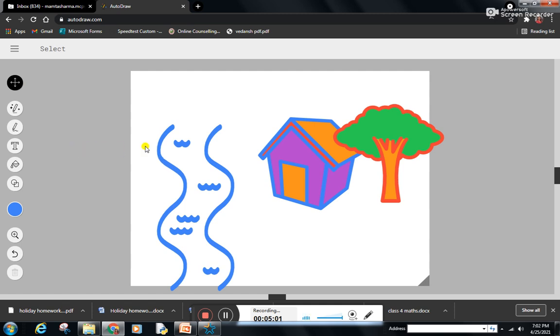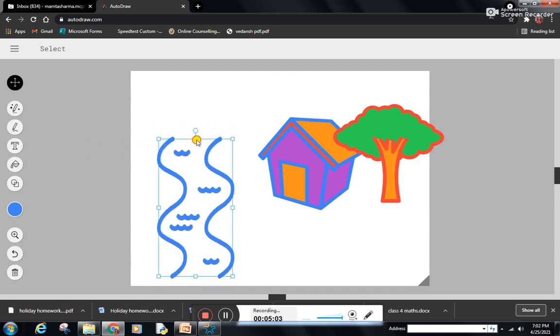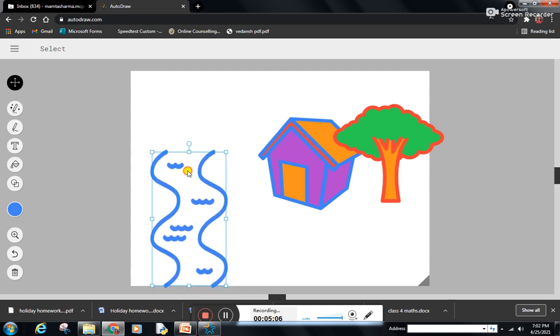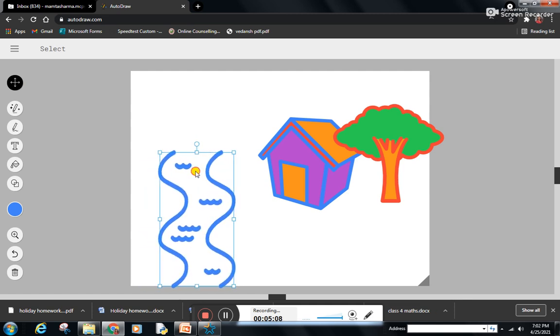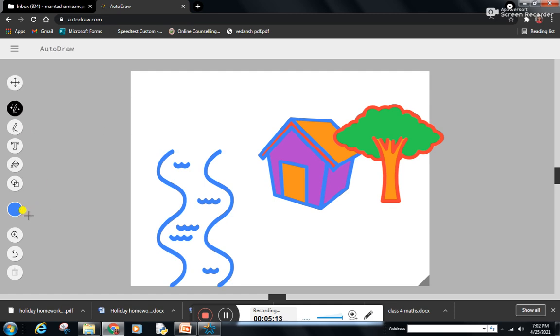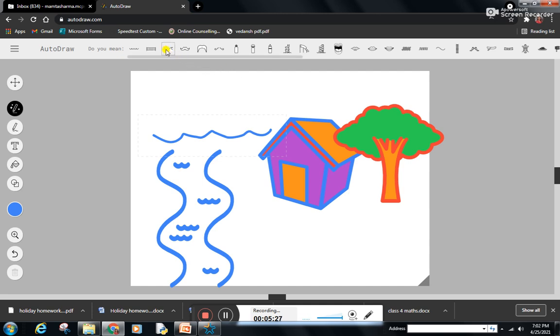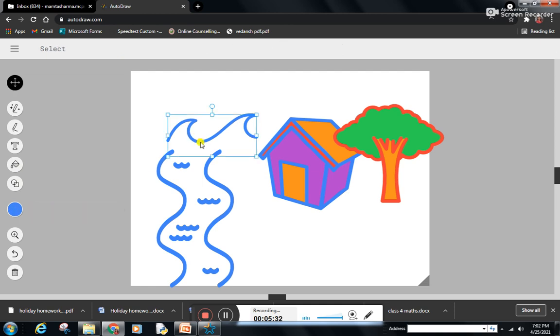So the next thing we can do is, if we drag it down and reduce its size, it can be placed here nearby. And what else can we do? Suppose I am drawing, yes, let's take a blue color only. If I want to draw some waves or mountain-like things, suppose I'm drawing this. So the waves can be like this, and these are the waves which we can put over here.